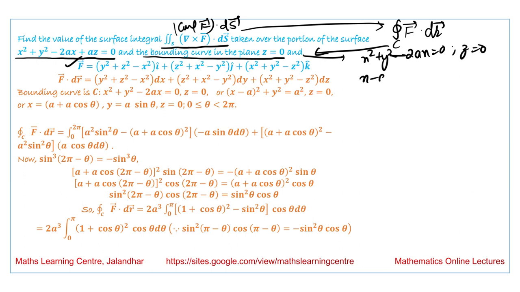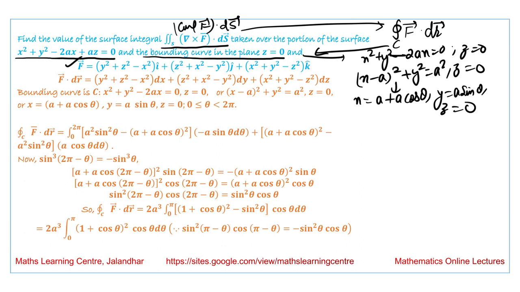This equation we can write as (x minus a) whole square plus y square equal to a square, and z equal to 0. In the parametric form this circle can be written as x equal to a plus a cos theta, y equal to a sin theta, z equal to 0, and theta will vary from 0 to 2 pi. So the value of the integral over C of F vector dot dr vector is equal to